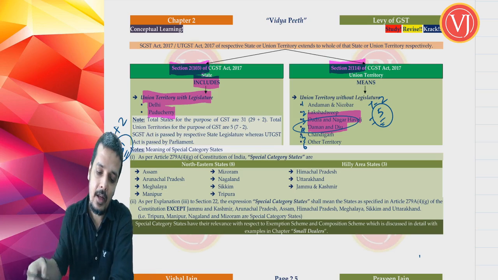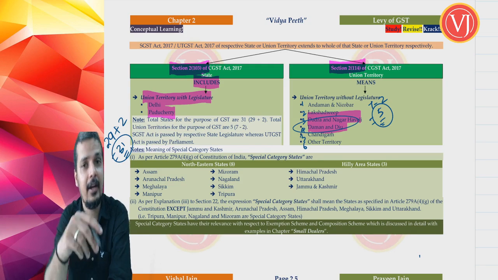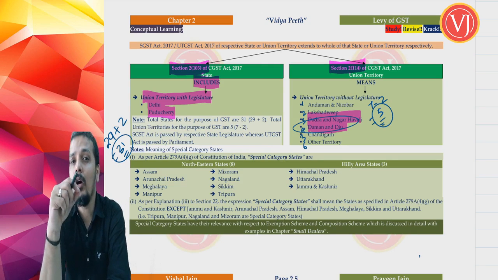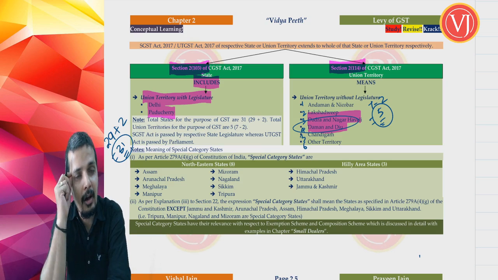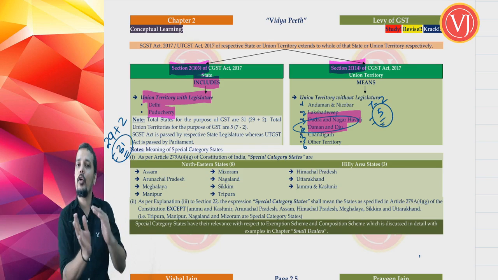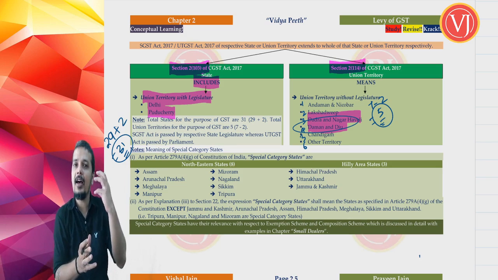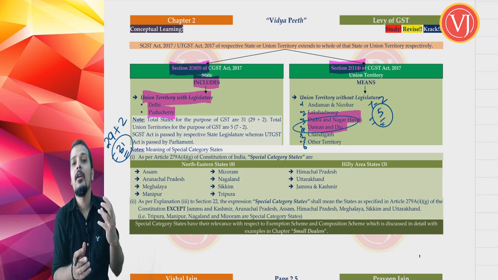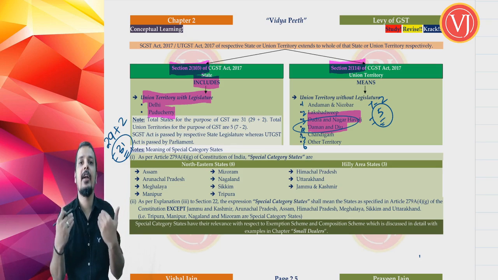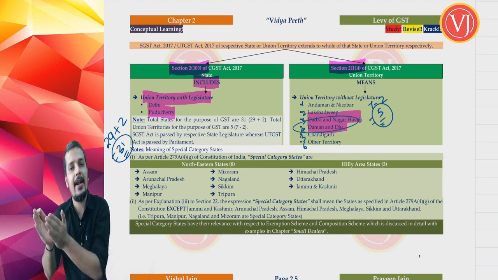Now, friends, there is something called special category states. And mind you, now onwards, whenever we have this thought process of India, state or union territory, you should fall back on these definitions. So there won't be any repetition. Once and for all, we have made it very clear. All these things should be stored in your subconscious mind. Every time I tell you, you should always think of India in the way that we have discussed: land area, sea area and air area.